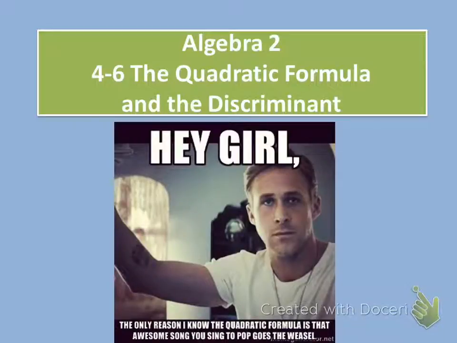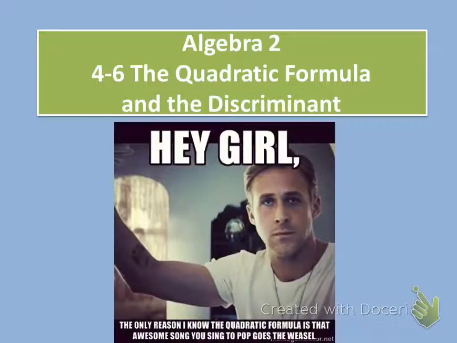Graphing is one that you can do for any of them, but it just takes a while. You have to put it in your calculator, graph it, get the intersection, stuff like that. Factoring is the fastest, but it only works in special situations. Completing the square is pretty efficient, but there's a lot of little things to remember. So the catch-all, if you want to be solid in one thing, is